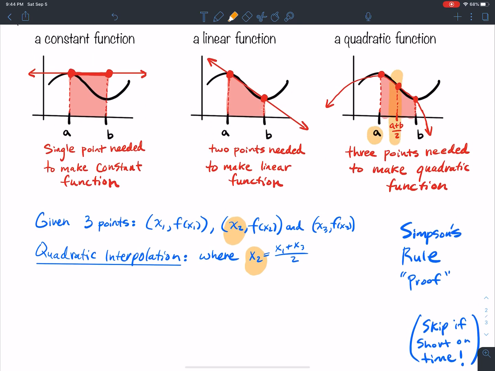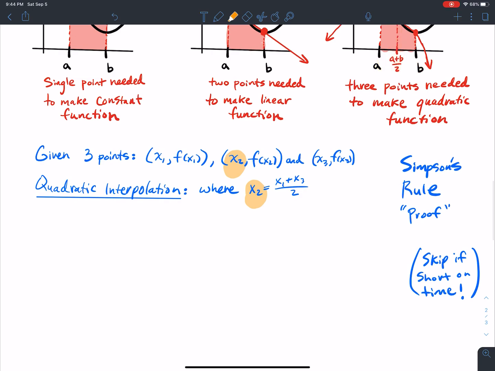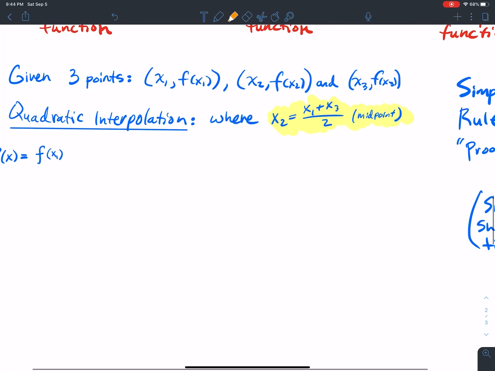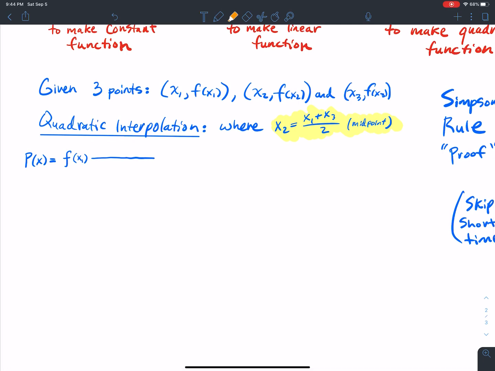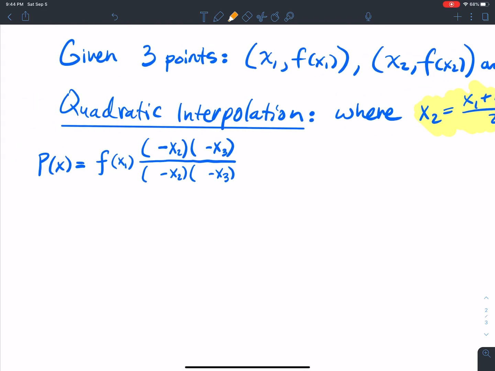It's the average of the endpoints, okay? So I average x1 and x3, divided by 2, to get x2. That's how it's defined, so it's the midpoint. Now, I'm going to define my polynomial to be f of x1 times this weird looking thing, and then that weird looking thing here. The reason I have it defined like this is because if I plug in